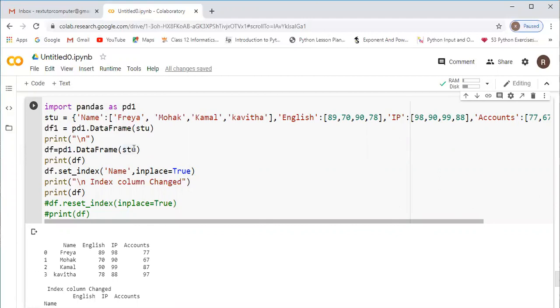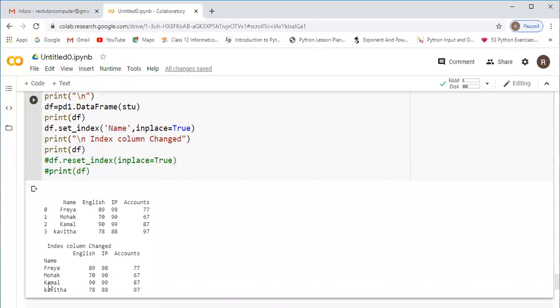To change the index column, use set_index with the key you want as the index, comma, inplace is equal to true. So the index column is changed to name now. Now if you want to reset it and have only 0, 1, 2, 3 as your index, you have to use df dot reset_index.